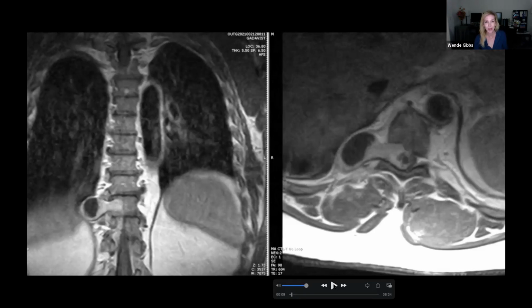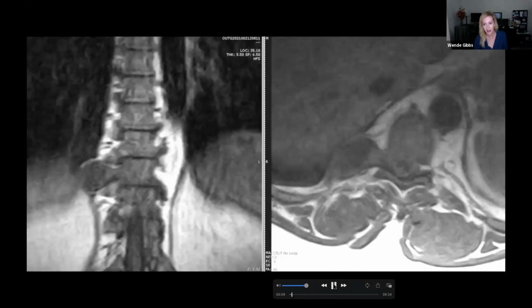So I'm curious what your thoughts are here. Could you tell from this if there's an intradural component or if this is completely extradural, the component that's within? It definitely looks intradural. I mean, on this picture, it does. If you look at the intensity, the color,